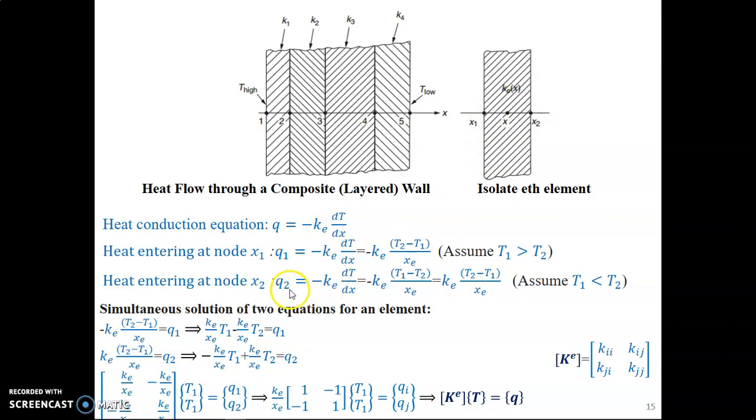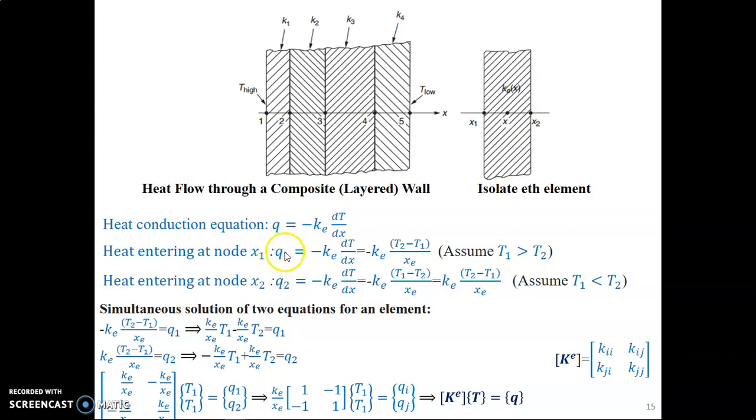So similarly we can define Q2 is equal to minus thermal conductivity times the temperature gradient. So in this case we will be defining T1 minus T2. T1 will be the final temperature and T2 will be the initial temperature. If we take the negative sign inside, we will be getting T2 minus T1. This will be the same as that in the first case. So now we are getting two equations. Q1 is equal to this and Q2 is equal to this heat flow. And the total heat flow, whether it is going from this side or from the right side, will be the resultant of these two heat flows.